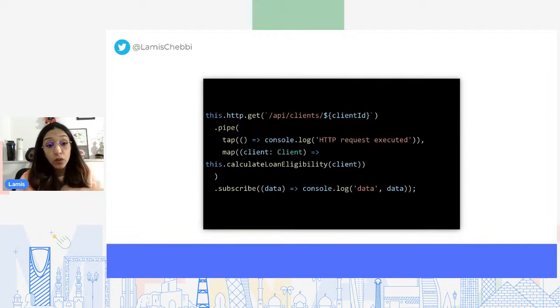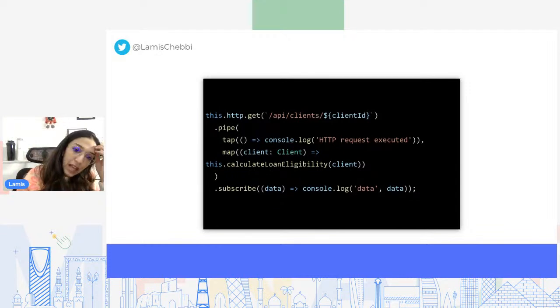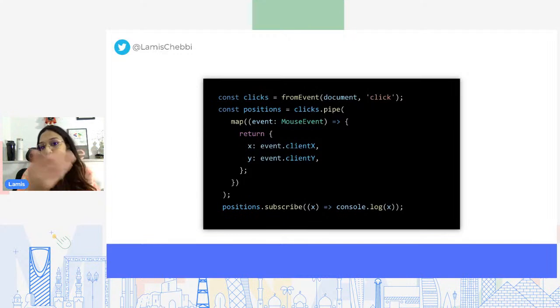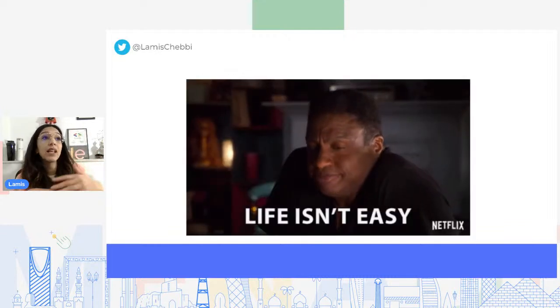So we can use the transformation operator for that case in order to retrieve and do some calculations. The use cases for that are really endless. But this is the goal behind the transformation. Here is another example of a transformation of events, the DOM click events into other objects. And as I said, the examples are endless, but